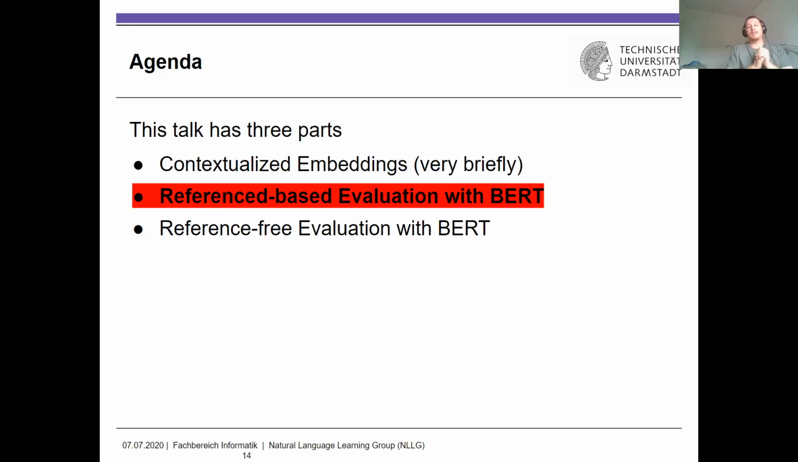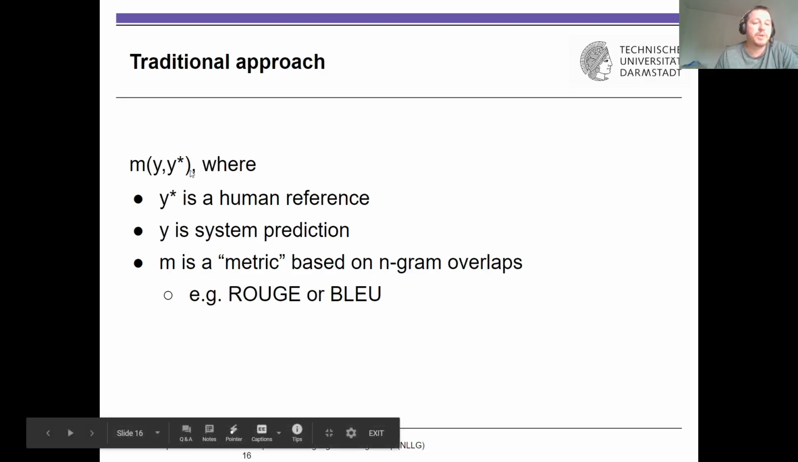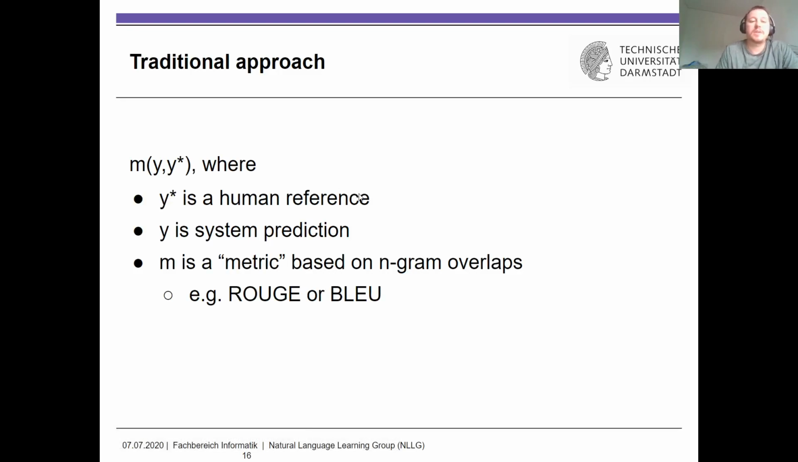Good, let's come to the second part of the talk, reference-based evaluation with BERT. This is also something that we've already seen in previous lectures. The idea is that you have a metric, and this metric takes two ingredients, y and y prime. And what is y prime? Y prime is a human reference, so this is a string, a sequence, a sentence that a human has produced that should be the correct